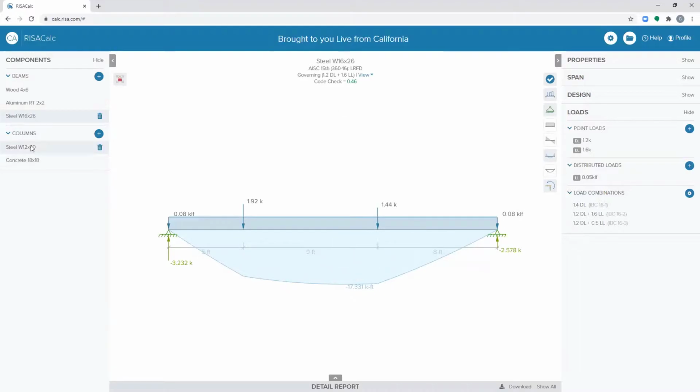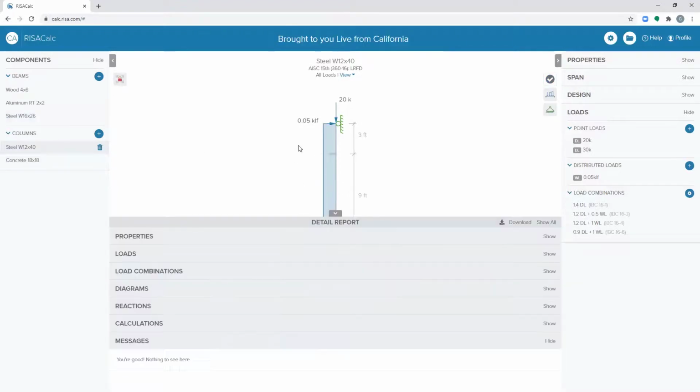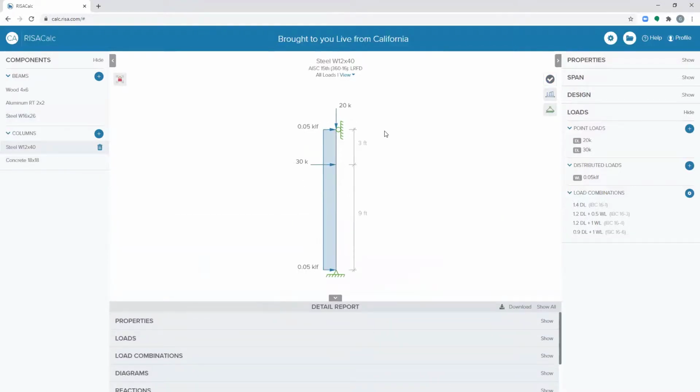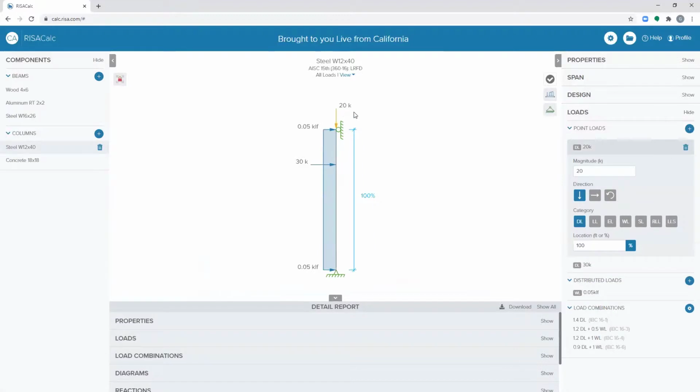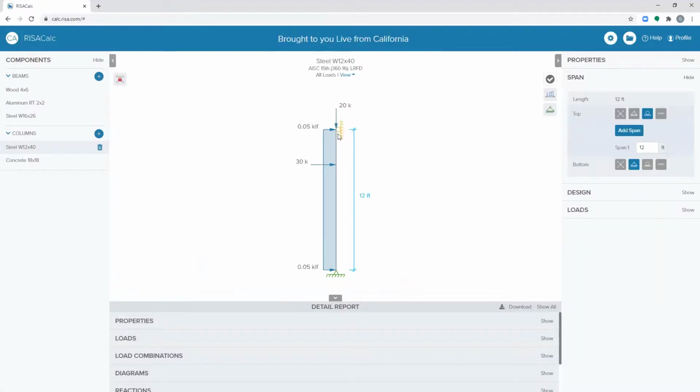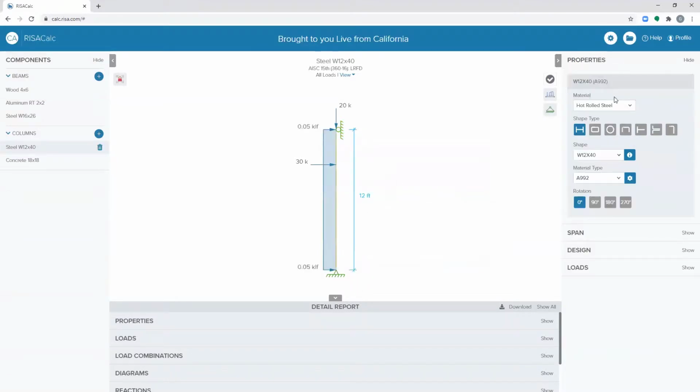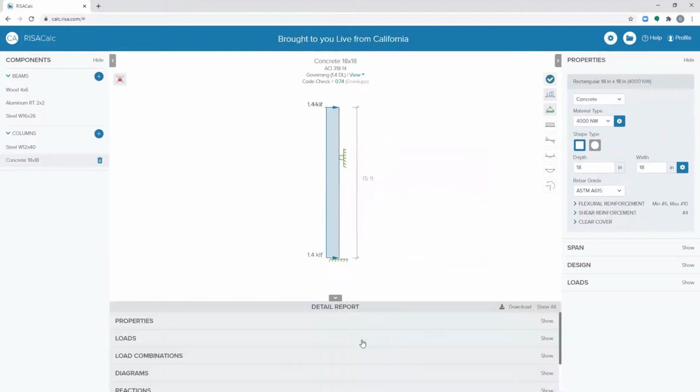values that we've calculated. If we look at some other components here, you can see I created a column ahead of time. We have different types of loads that you click on the load in the main screen, and that particular section will open on the right pane, and this allows you to view and edit and modify these values very easily and quickly. Similarly, if I want to click on my span, I'm brought to this section. Clicking on these values will essentially just take me to that particular section so I can quickly modify and see my member here.